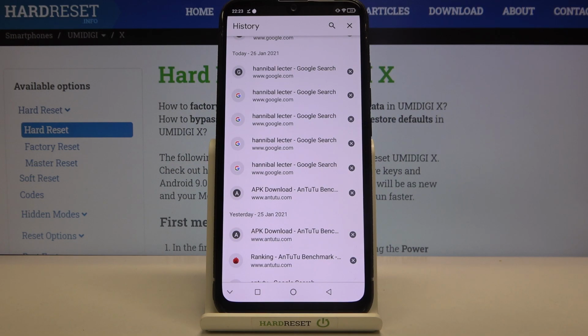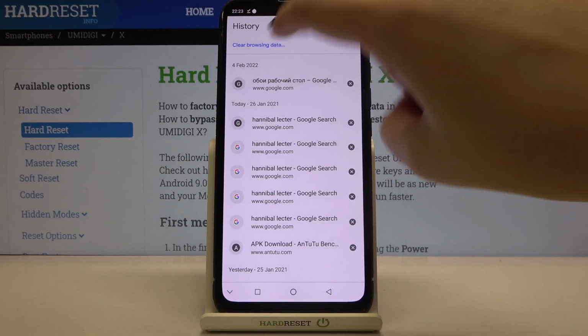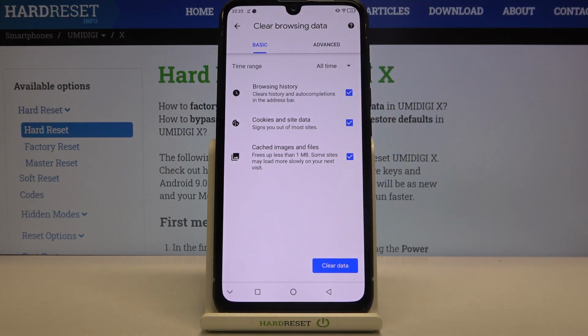But if you'd like to remove some advanced browsing data, then just go to the very top of the list and tap on Clear Browsing Data. Here we've got some basic and advanced options. In basics, we can remove browsing history, cookies and site data, and cached images and files, and all of those